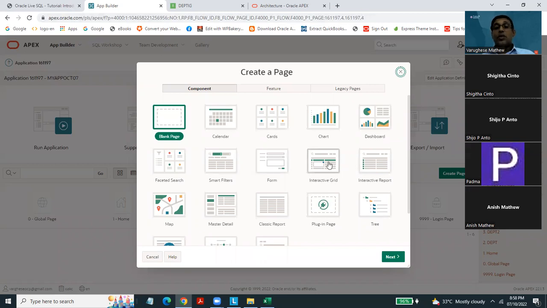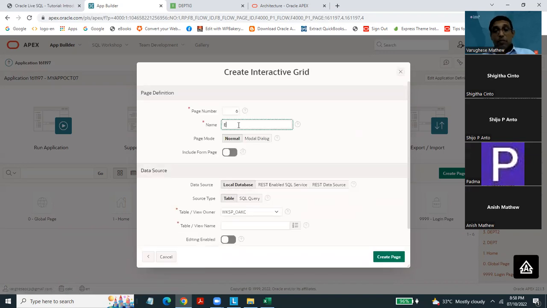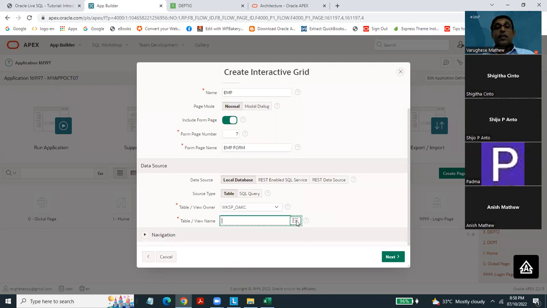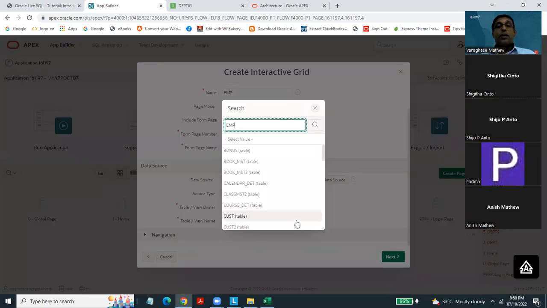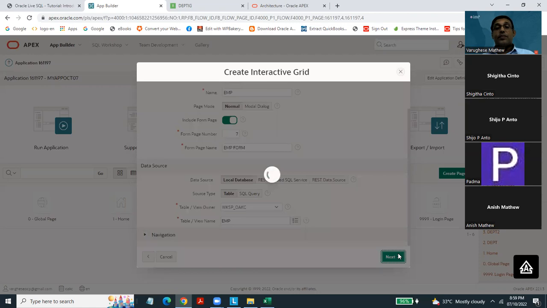I'm selecting an option, interactive grid, and then I'll go back to the same thing, employee. Okay, let us see, open this page, and I'll put here employee EMP form, and I will go down and select the table EMP. I'm selecting the employee table, and go there, navigation, nothing. Next,